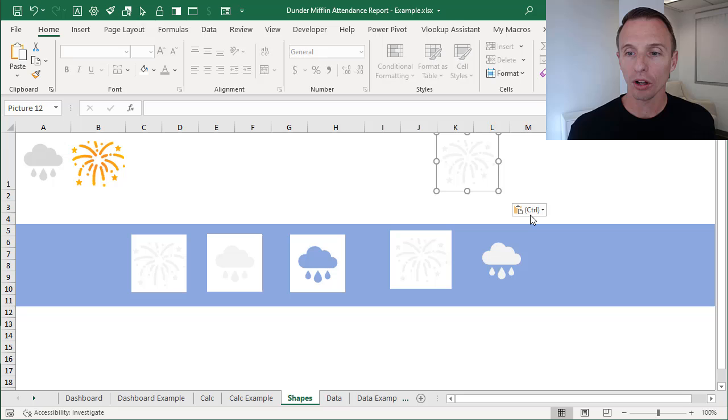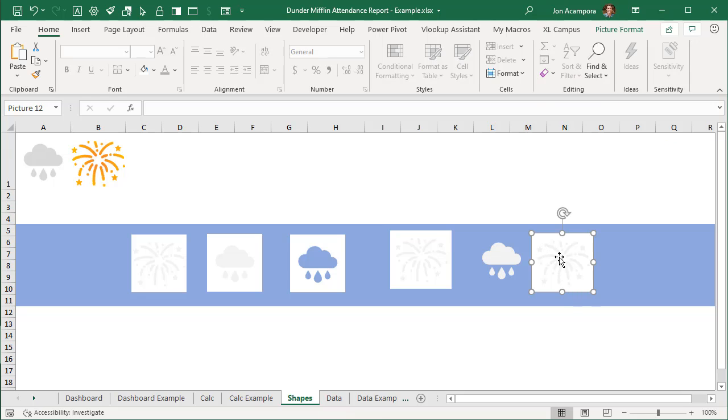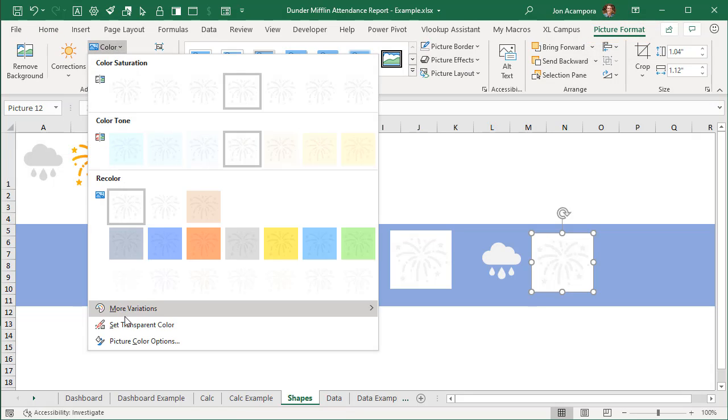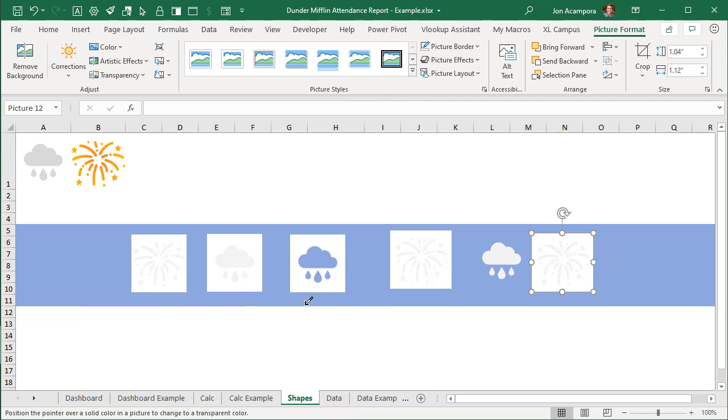So they're kind of all flattened together, just one shape. Then what we're going to do, and I'll move that over here, over this blue background so you can see it. With that selected, we're going to go to the picture format, and here under color we have an option for set transparent color. And when we click this, this changes the mouse icon, and you can actually then select